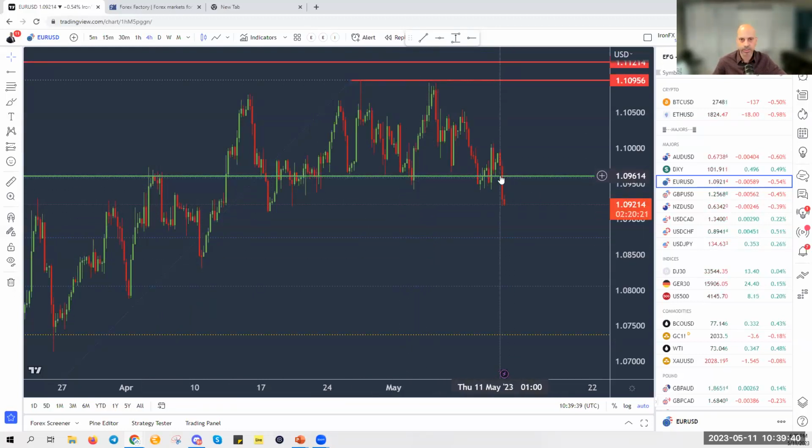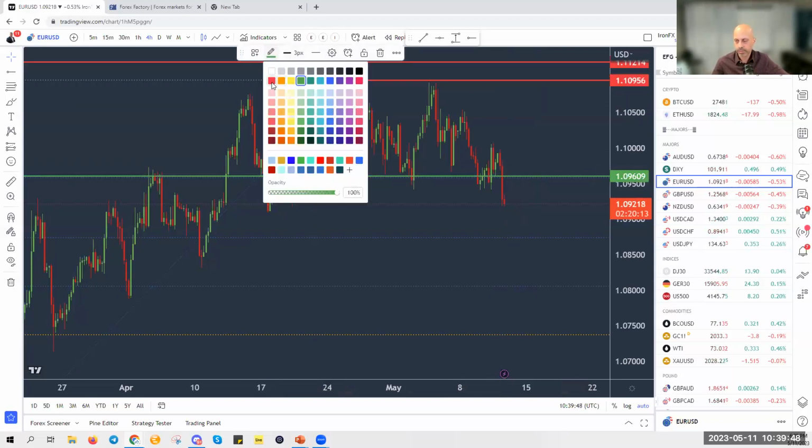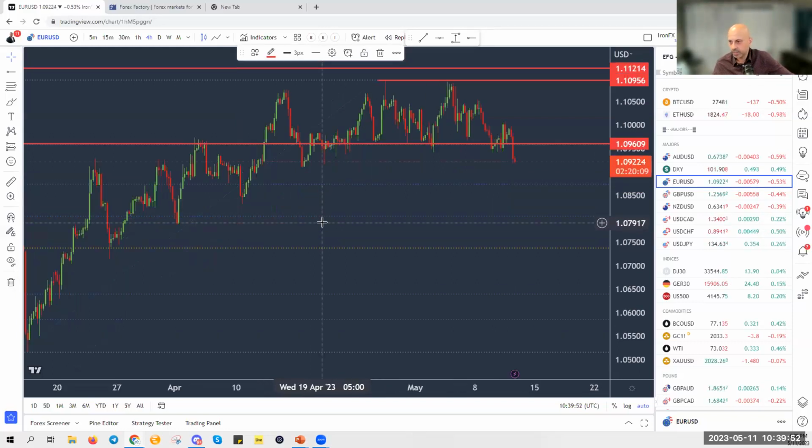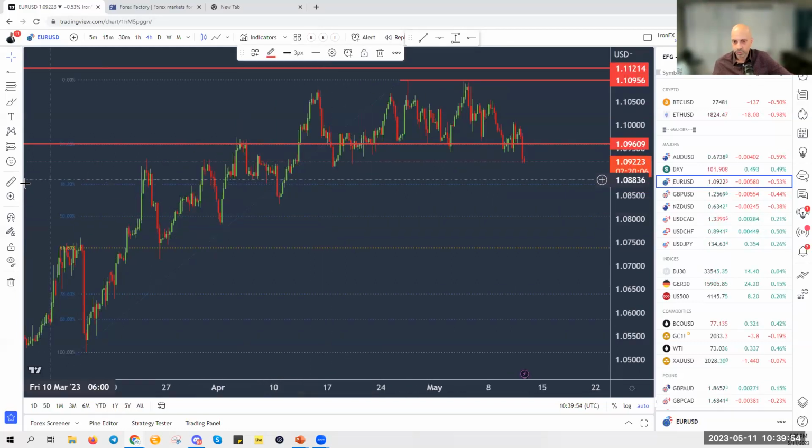And now, as you can see, this is a 4 hour chart. Price has cleanly broken through this support, and now this will act as a resistance level. Okay. So we can see the Fibonacci retracement level on this big leg up here at 38.2%, which is at about